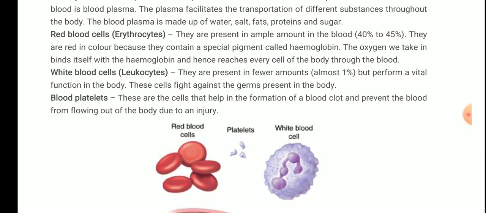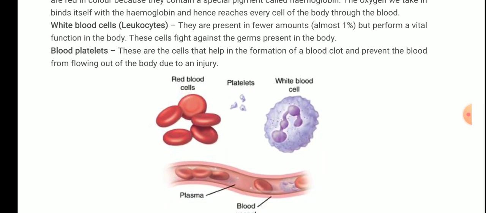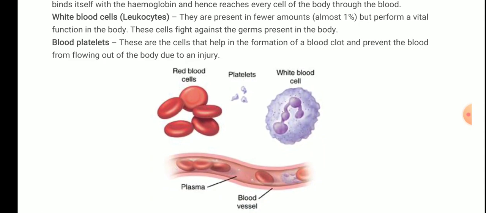this is the diagram: red blood cells, platelets, and the white blood cells. You can see the blood is flowing, red blood cells are there, and the plasma, means all the liquid part is the plasma. Then you can see this is the blood vessel, plasma is there, and you can see the red ones are the red blood cells, and you can also see the white blood cell and the platelets inside the blood. Okay, but majority is the red blood cells,